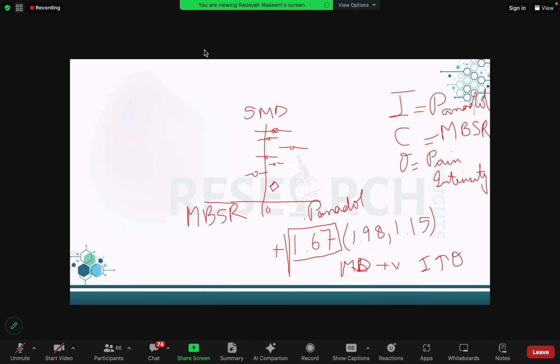Now the pooled outcome that I'm getting was 1.67. Like I told you, if you get a positive value, if your mean difference is positive, that means your intervention group is increasing the outcome. In this case, your intervention is Panadol, and it is increasing pain intensity. Given that example, most of these studies, 1, 2, 3, 4, 5, these first 5 studies, will have a positive mean difference. Only this study will have a negative mean difference.